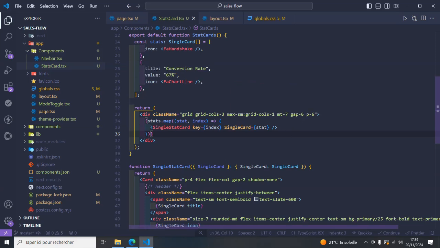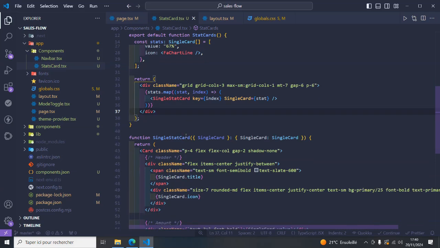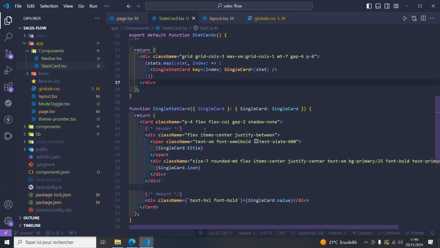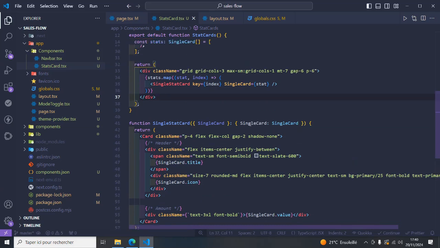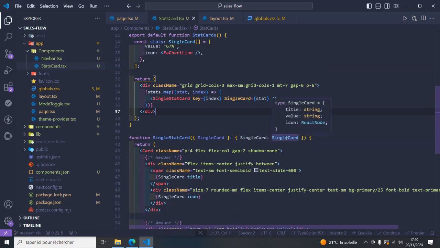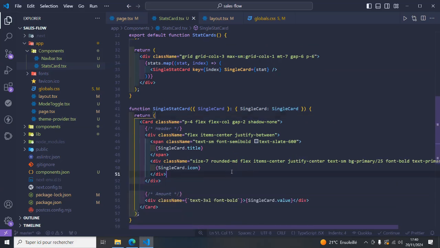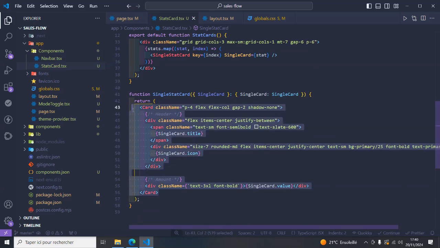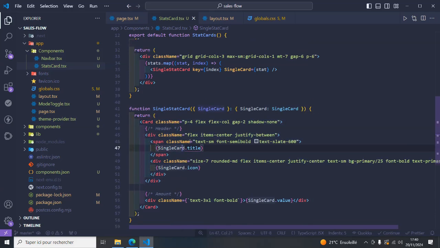So here we're going to use the stats array, and for each element, we're going to pass it inside the single stat card. So for this single stat card, this is the definition of the props. So this is how it's going to look. And we're going to call again the single card type. And here we're going to use directly the card component from Shadcn, and this is the structure of the